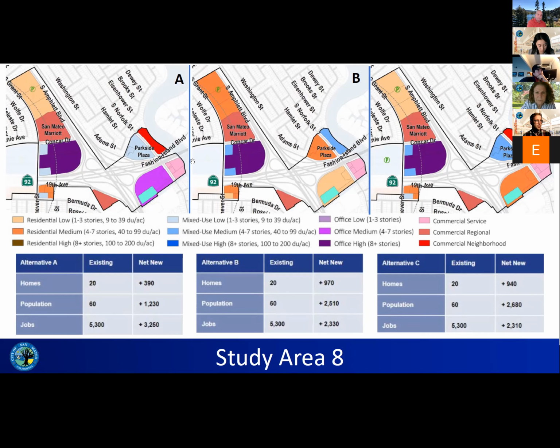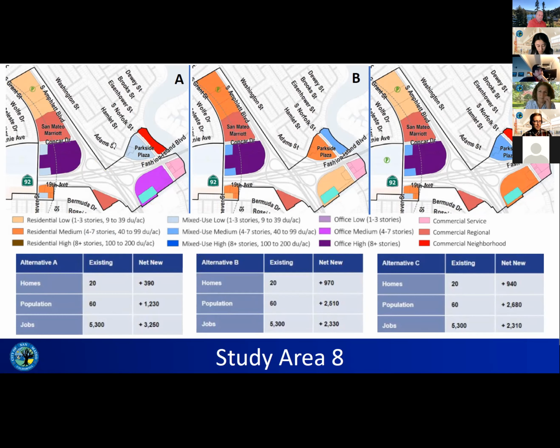So to start, this parcel up here at the north end of the study area, which is currently an office complex, is a residential low designation in alternatives A and C. And I think you probably heard in the initial intro, this P with a circle around it is a privately owned public open space. So that would be a component of all three of these alternatives, at least for this parcel. Alternative B, it's a residential medium, so slightly more dense residential land use here.